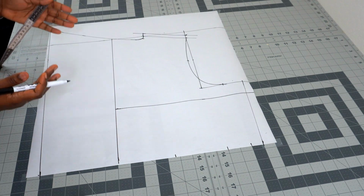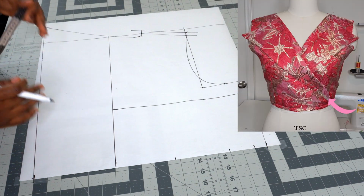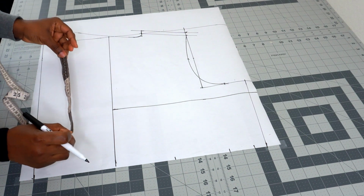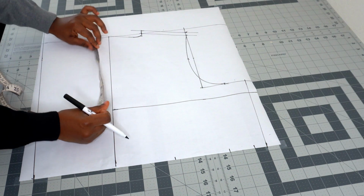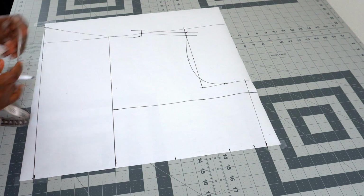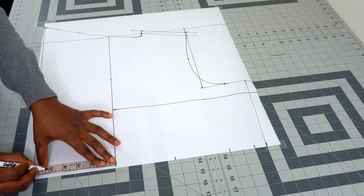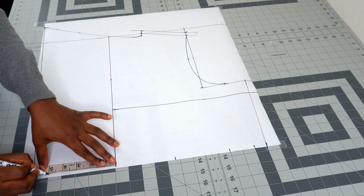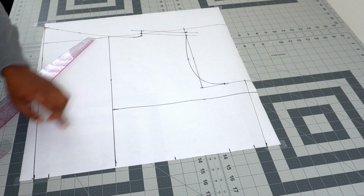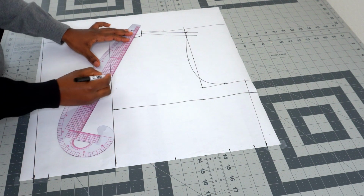Like that. So the next thing I'll be doing now is to create the wrap effect right here. The wrap effect will also give the neckline a V shape. So the first thing is to determine the length of your neckline. So I want a neck depth of 7 inches. And that will be right here. Okay, and like I said, right here at the down part, my extension is going to be 5 inches, right? So that will be right here. I'll connect from this 7 inches to this part and to the neckline right here. So that would be